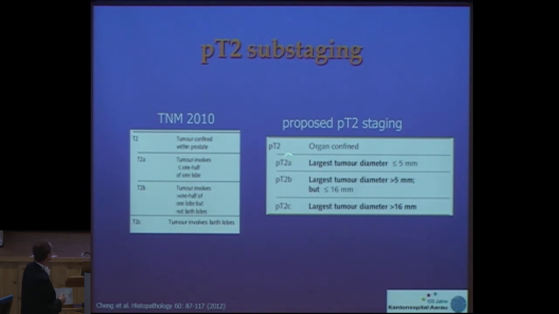So they say pT2a, largest tumor less than 5 millimeter, largest tumor, of course. pT2b, largest tumor above 5 and below 16, and 2c, largest tumor 16 millimeter. That sounds really smart, doesn't it? Objection, not so fast. This is a proposal, so that sounds very easy, but there are some issues we need to address, as you